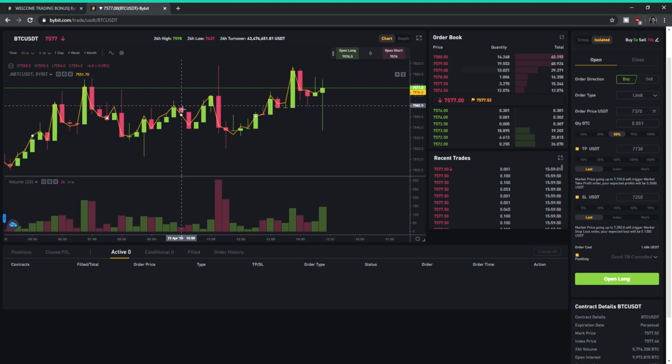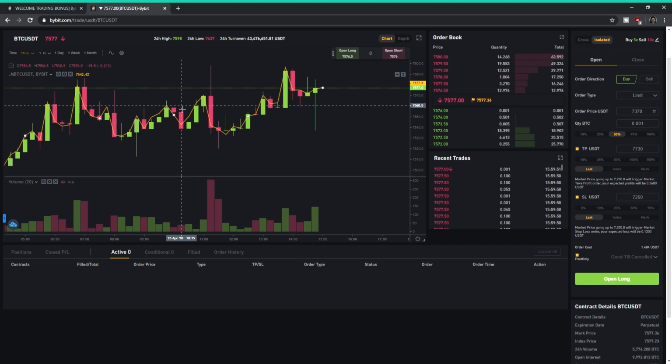Now, to put that into context, here we have the linear contract, the USDT linear contract. So if you deposit USDT to Bybit, or deposit Bitcoin and then convert it to USDT, which is an option on the site, and you're trading with your base currency as the US dollar Tether currency, then of course, if you have $10,000 worth of Bitcoin,